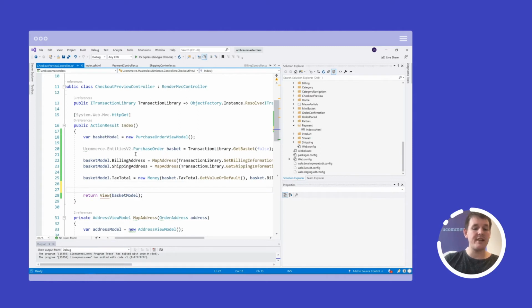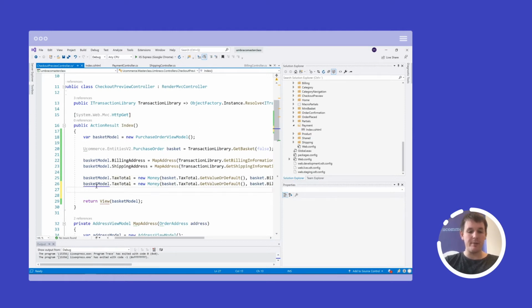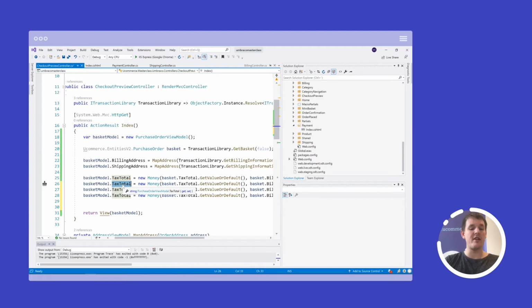So tax total, we also need the order total, the shipping total, the subtotal, and then all the order lines. So the first thing that I'll do here is I'll just do some copy pasting. Of course, that's normally strictly forbidden. So let's just do it this one time and never again.